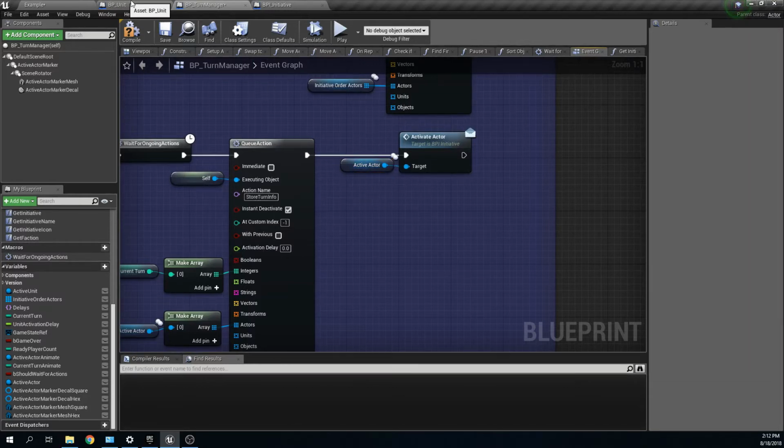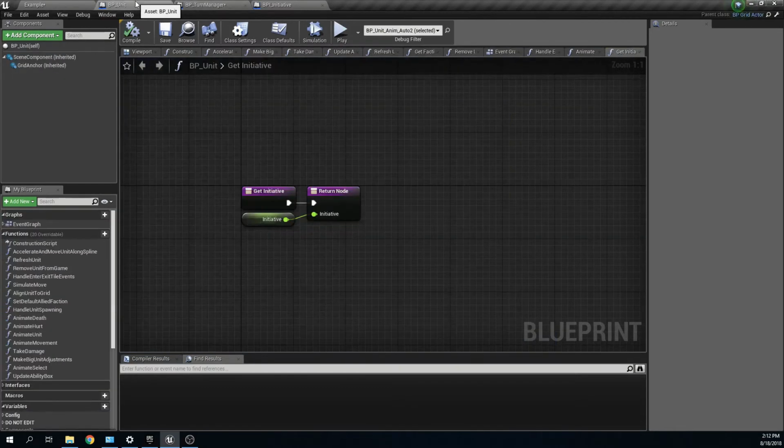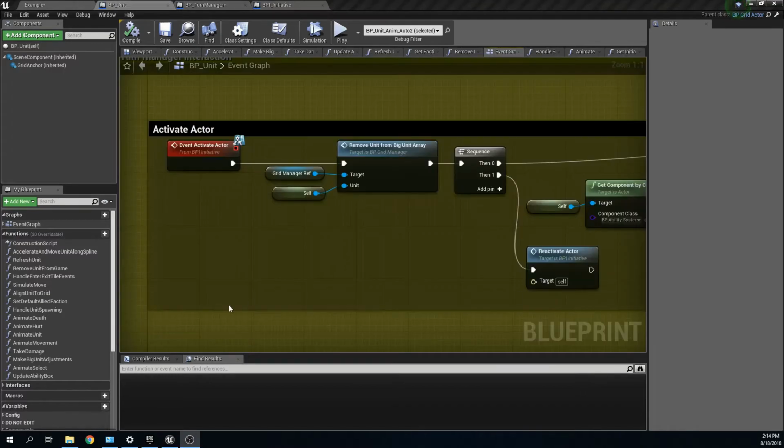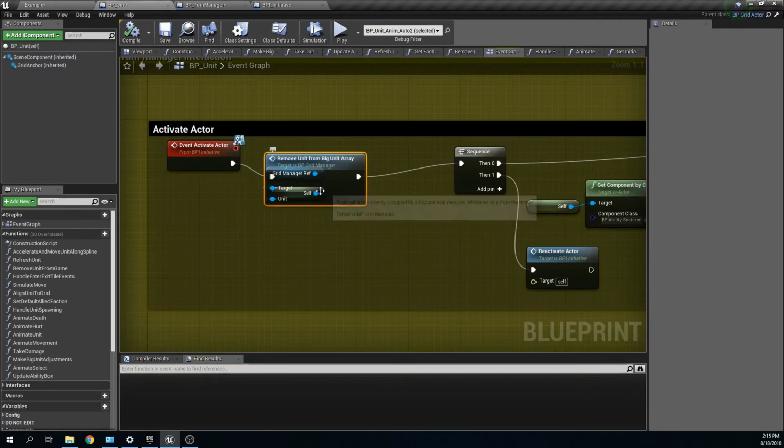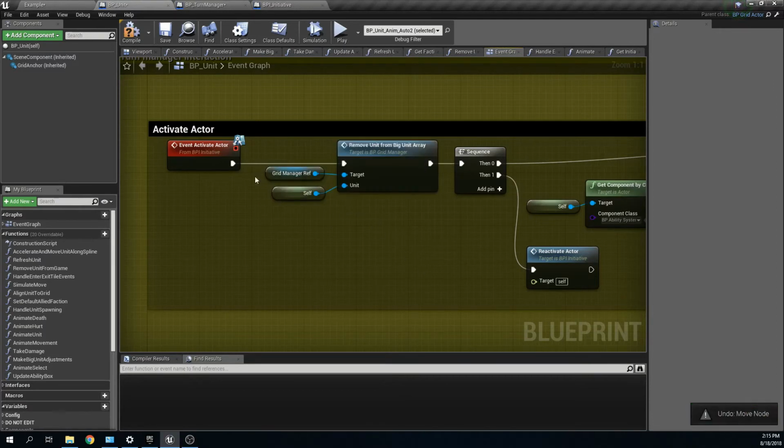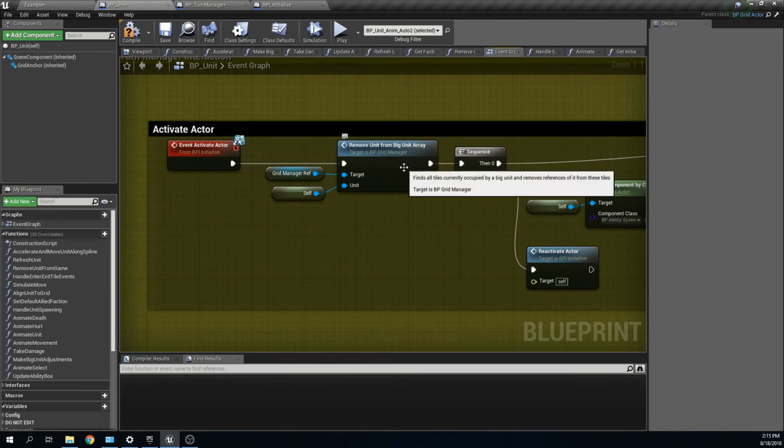So we should look at how the BP unit blueprint implements the activate actor interface function. So here is the implementation of activate actor within BP unit. It starts with removing itself from the big unit array. This does nothing if it is not a big unit, and you don't have to bother with this unless you